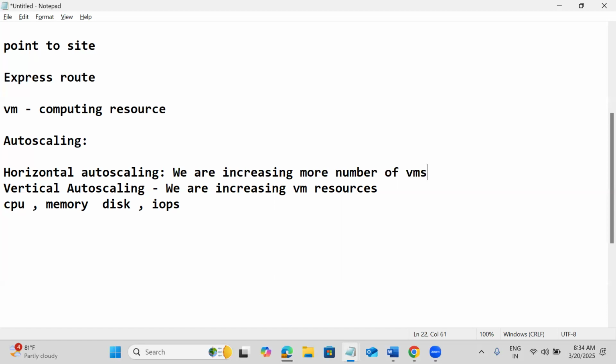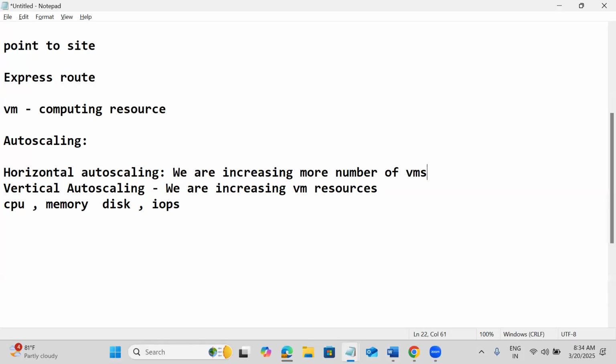Suppose Amazon or Flipkart is conducting a 1 billion sale, then they may go for 5,000 VMs. That means they're not going to keep only one VM. Like this, in horizontal auto scaling, we are increasing the number of VMs.